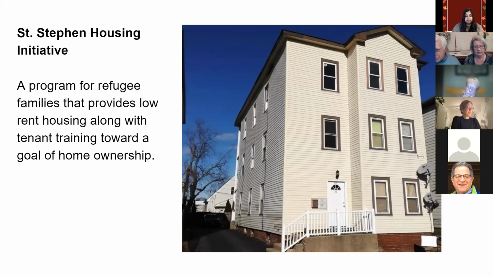The idea is that they can start to learn how to become good tenants and then learn how to become good property owners, and meanwhile save some money so that they can move on and buy a home of their own. We've had 2 families go down that road so far in less than 3 years. So we're really excited about this operation.